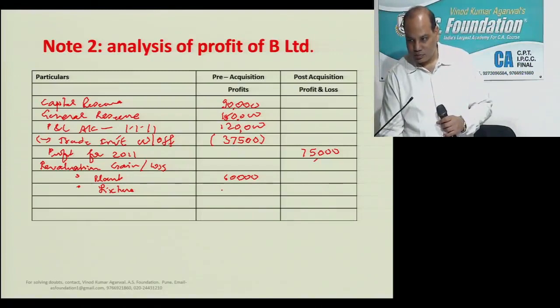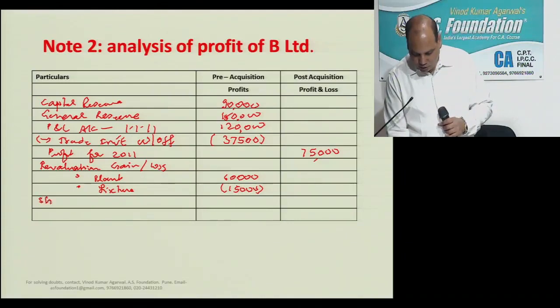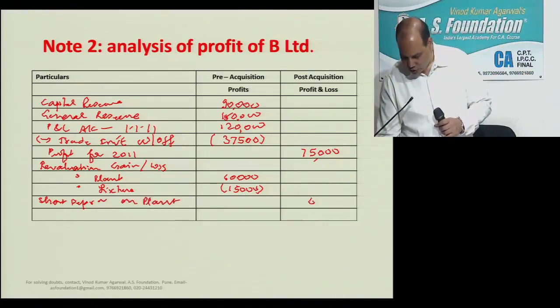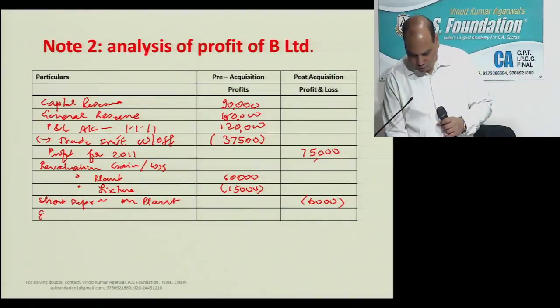Fixture, 15,000 loss. Then you write short depreciation on plant. How much? 6,000 in the post column. Then excess depreciation on fixture,